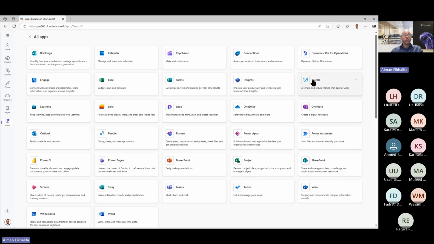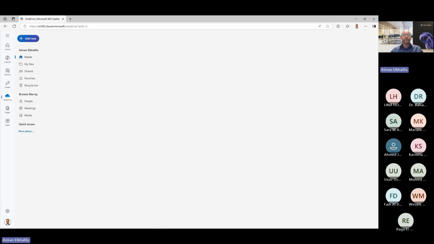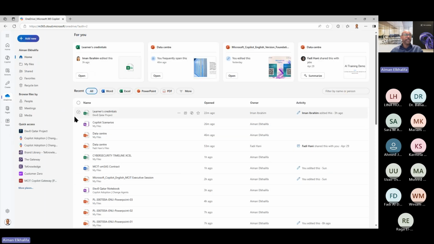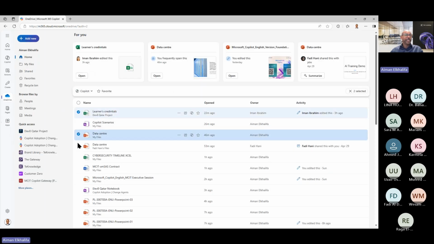I don't think so. Let me test that here. Many files and summarize them. No, because it will work on one of them. Yeah, it will work on one of them. However,